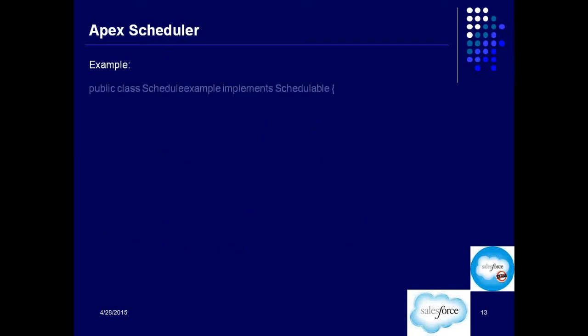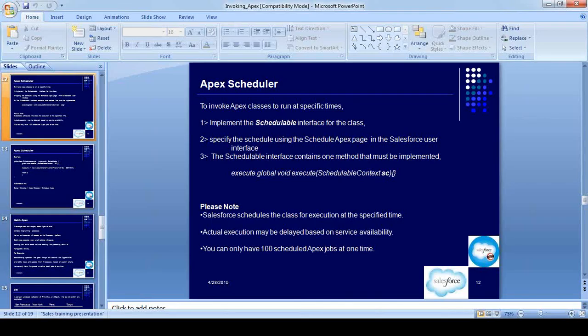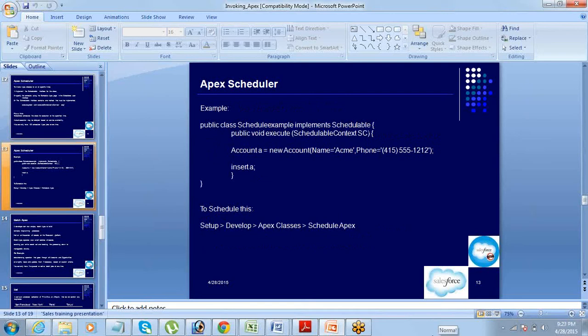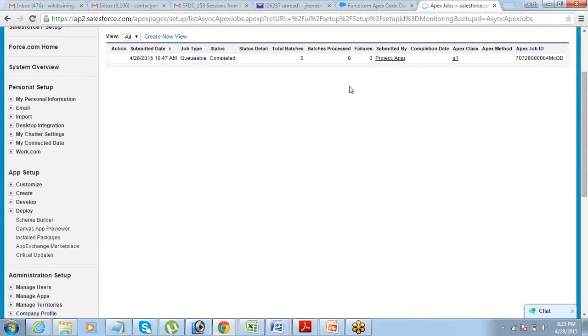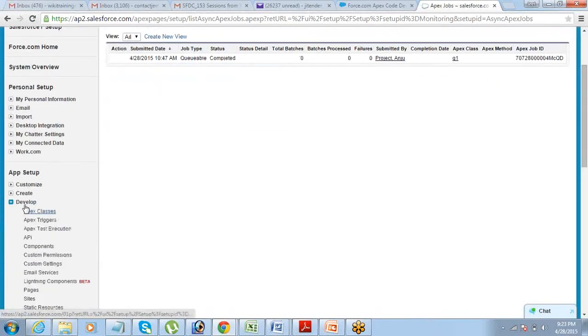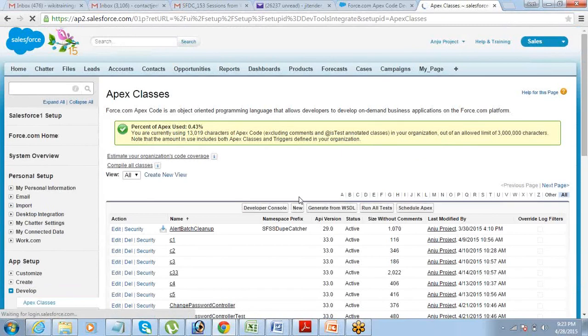So let's see an example. Let's in fact do the example here. The schedulable class we'll have to create again, the same way you created a queueable class.